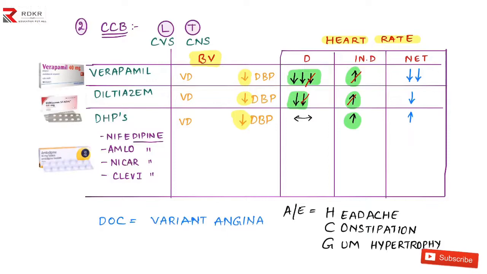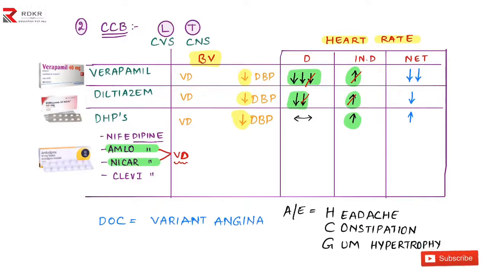But you cannot cancel in the dihydropyridine. There is nothing to cancel, so there is an increase in the heart rate. That's why in angina dihydropyridines are not used. But the amlodipine, just watch on the screen, the amlodipine and the nicardipine, they can be used in angina, especially the classical variant, because they gradually produce vasodilation. So they can gradually produce vasodilation, and that's why these both can be used. But nifedipine and clevidipine cannot be used. Okay, they should not be used, and they are absolutely contraindicated.